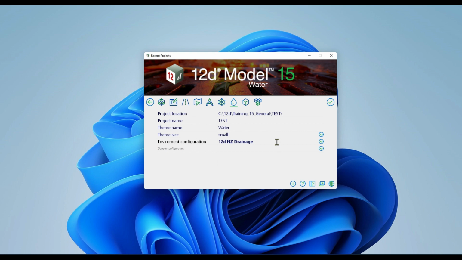So that's environment configurations, and then we've got themes. Themes basically open up 12D in a state where it has everything you need and nothing you don't. So when you open up 12D,